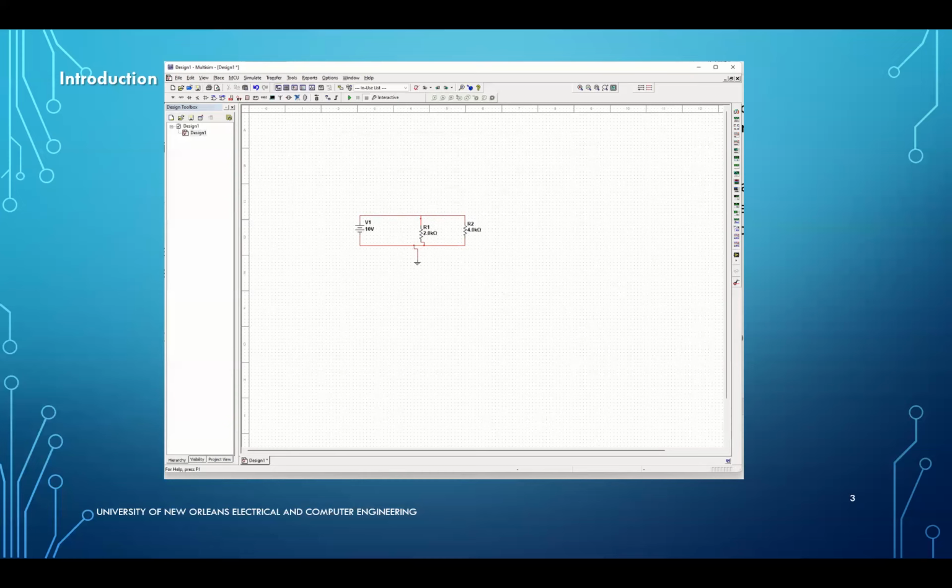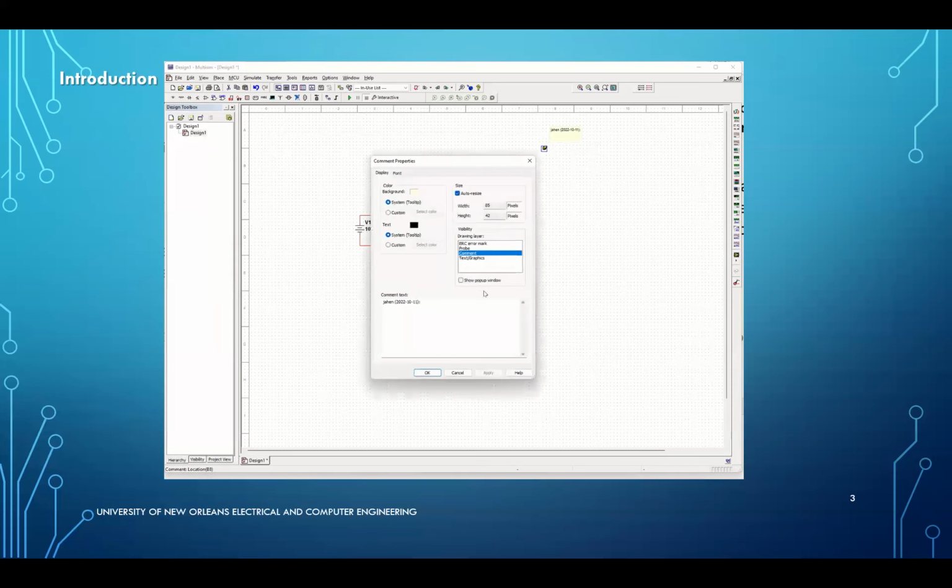information about your circuit. Let's say I want to comment something, and I want to put a comment, whatever I want. If I double click on this, it's going to bring up this menu, and I can put a comment like, check for current, or something that you want to do or remember later about your design, right? And so as I click apply, then it has this comment here, and again, you can move it around,